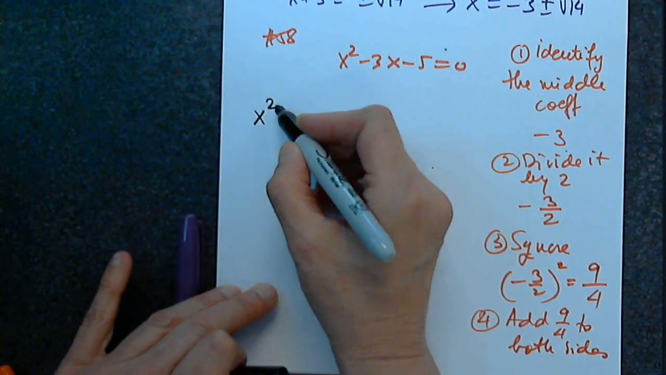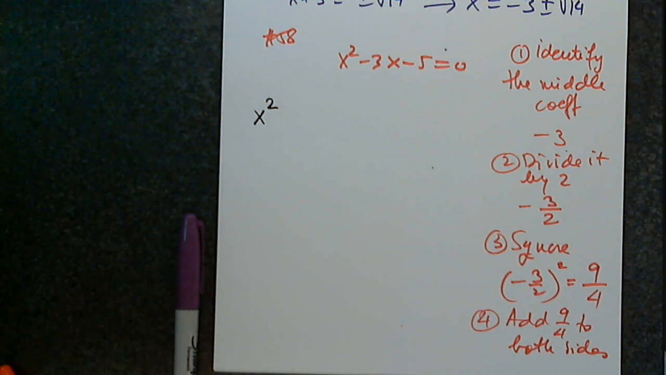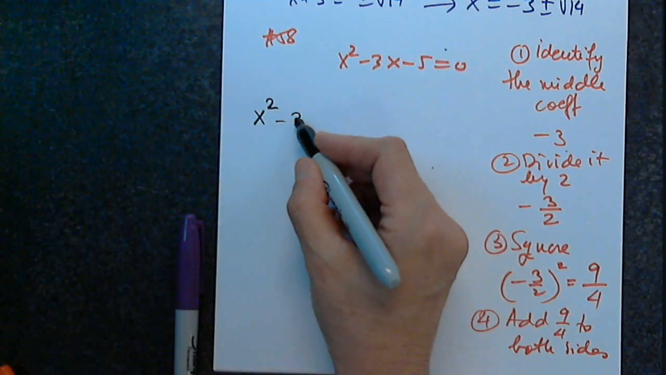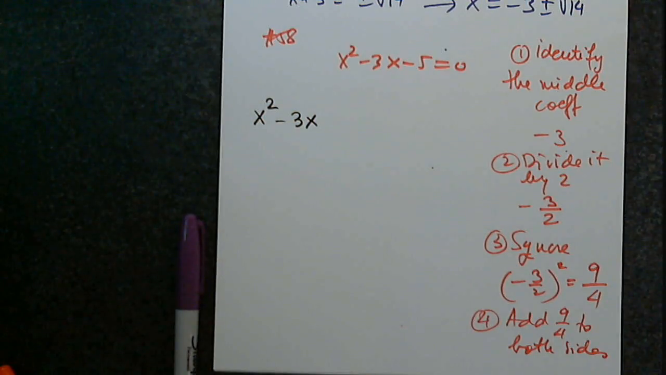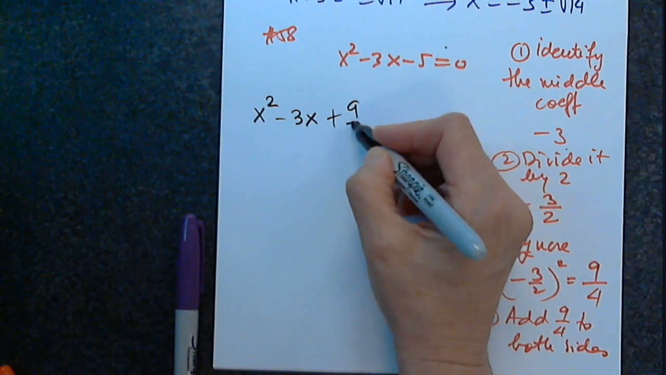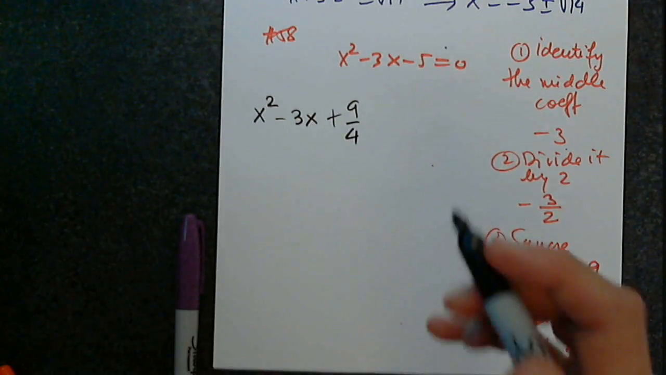I recommend from the very beginning, move the negative 5 to the other side. So then the new equation becomes x squared minus 3x, very good, plus 9 over 4 equals,